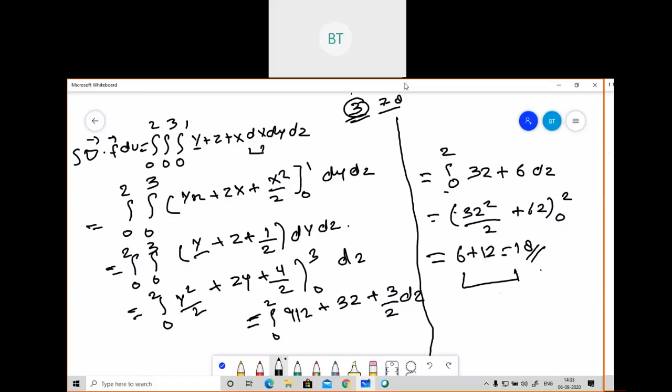चलो ठीक है. वॉल्यूम इंटीग्रेशन निकालने आ गया अपने को. If you have not written in your copy, please write it, and I will post the video on the college website also. You can get it from there also. So every video which I am taking the class here, I'll post there also. So if you have not attended the class, or if you have not understood anything, you can see the video from there, but attendance in the class is necessary.